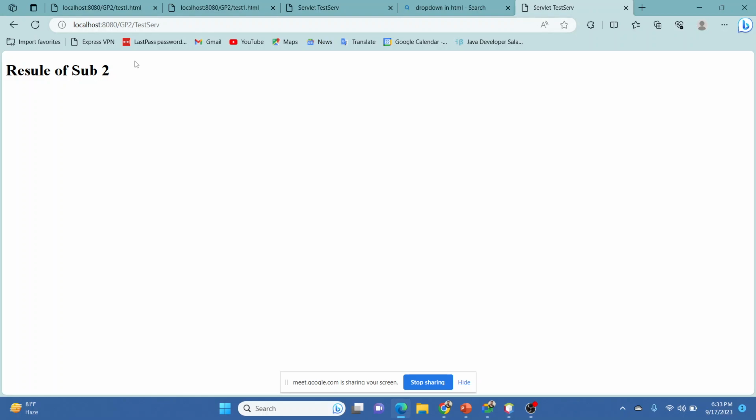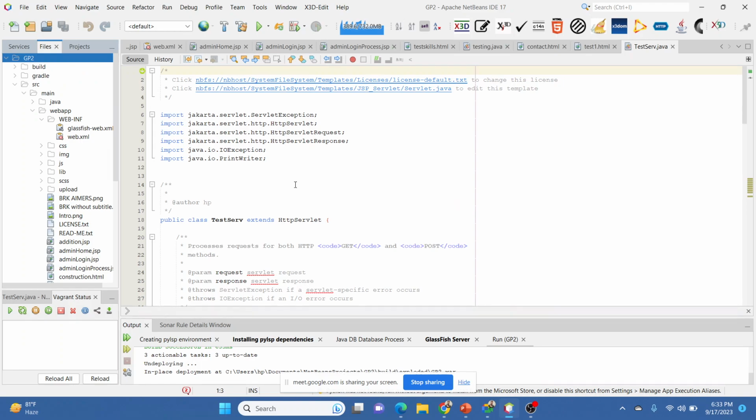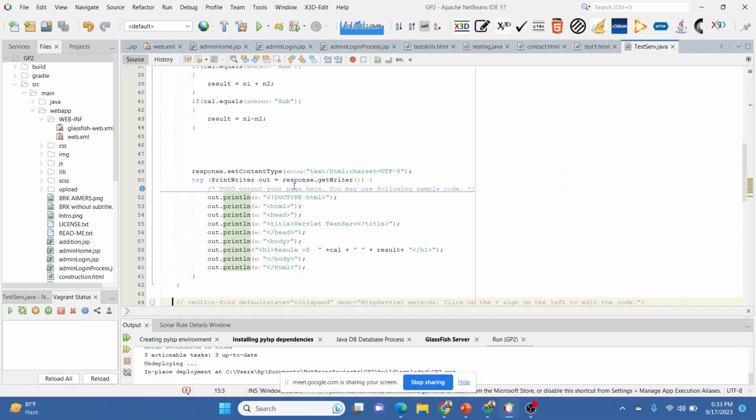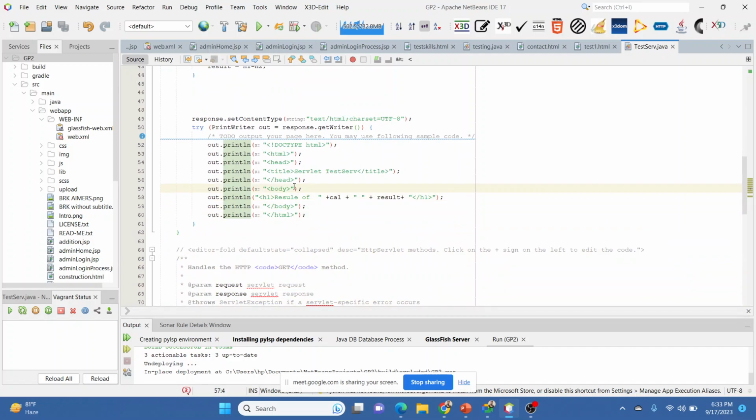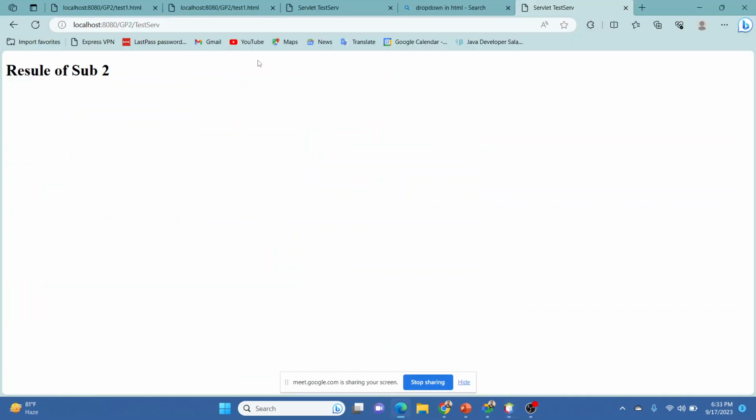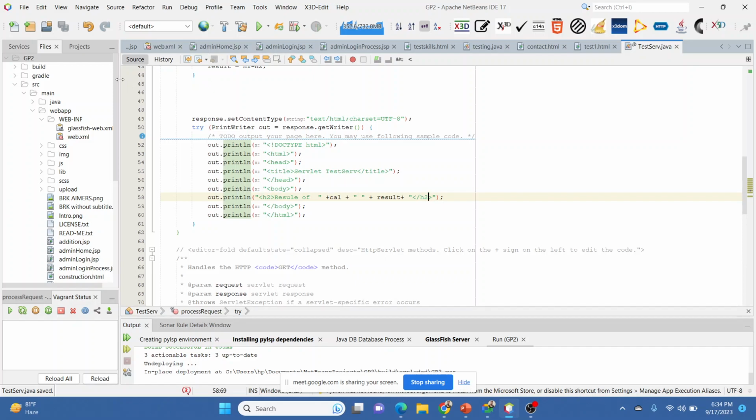So that's how we can use servlets to create a web application, and all the web application can be done over here. So if you are going to use it, out.println is purely an HTML thing. So you can also create a background color also. You can change the designing of whatever we are writing. So if we want to do h1, if we change it to h2, the size of this will reduce automatically.